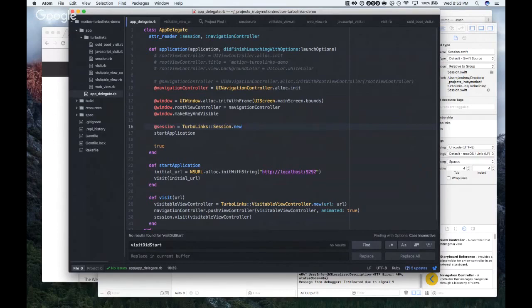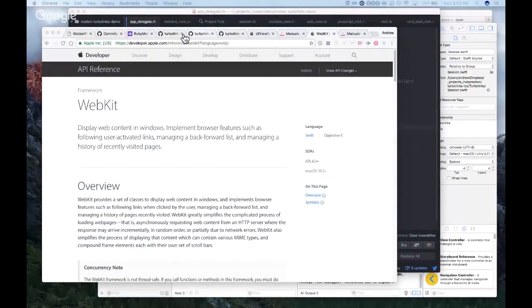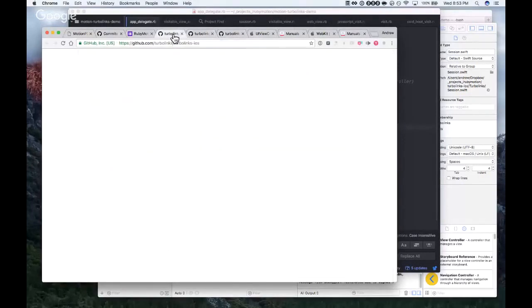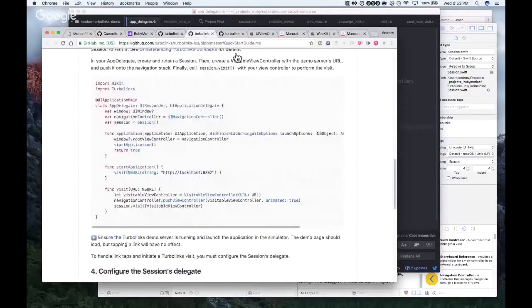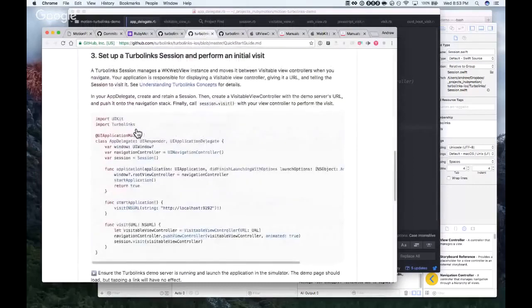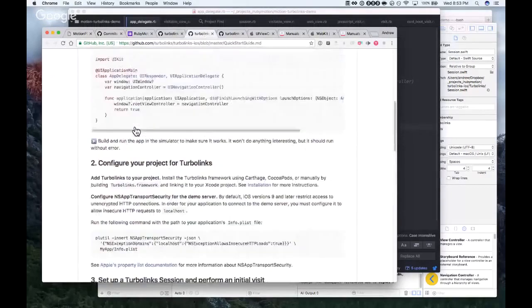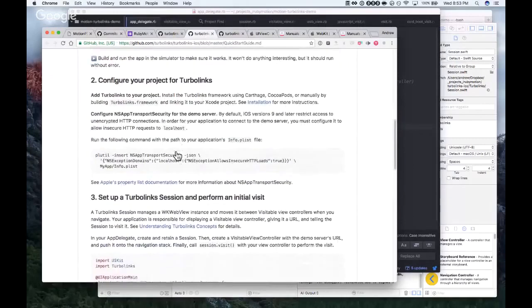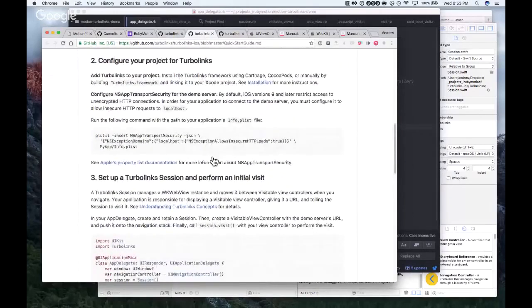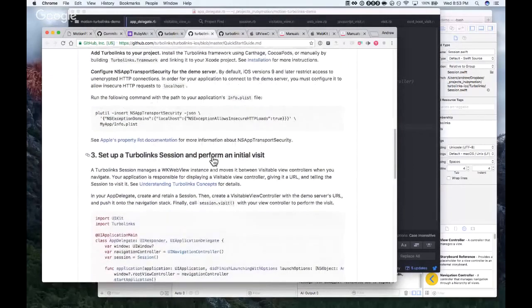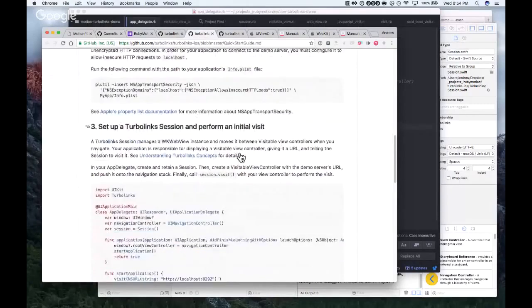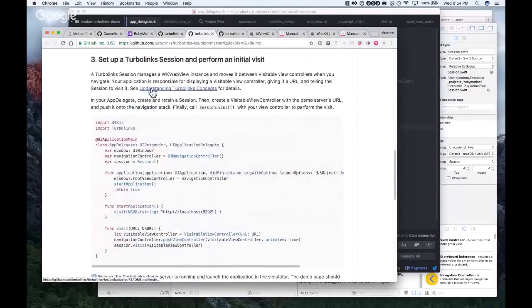Well, let's go back to the quick start guide. I might have missed something. Quick start guide. So at some point we'll want to add that, but don't need it yet.